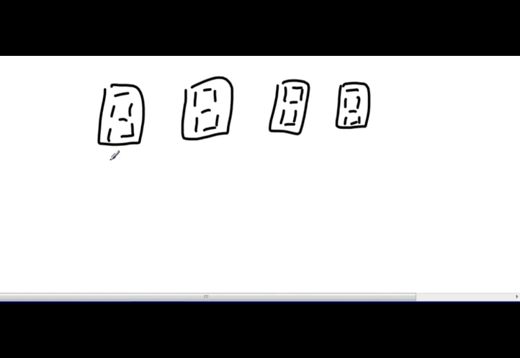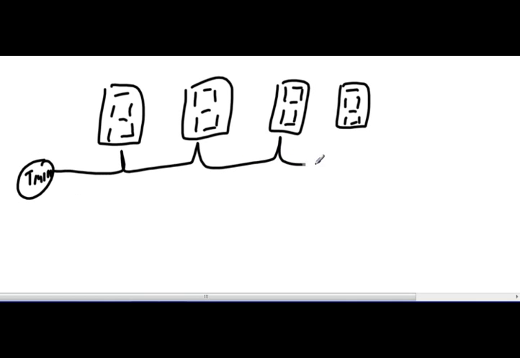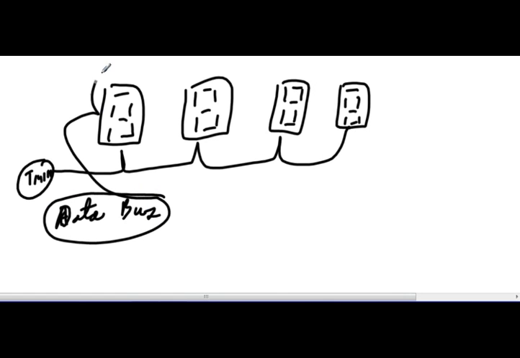Have 4 of them, and then have some timing circuitry that turns them on one at a time, and then have an address bus, a data bus. That doesn't look like a bus to me. I just can't imagine. So I have a data bus going into each of these guys, and then as I choose them, they come